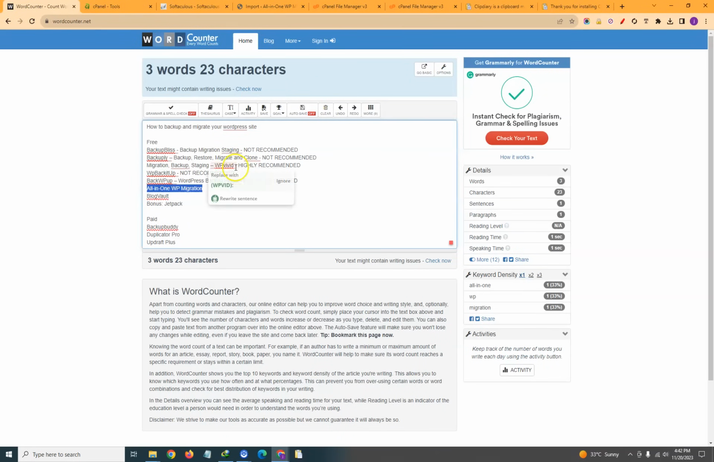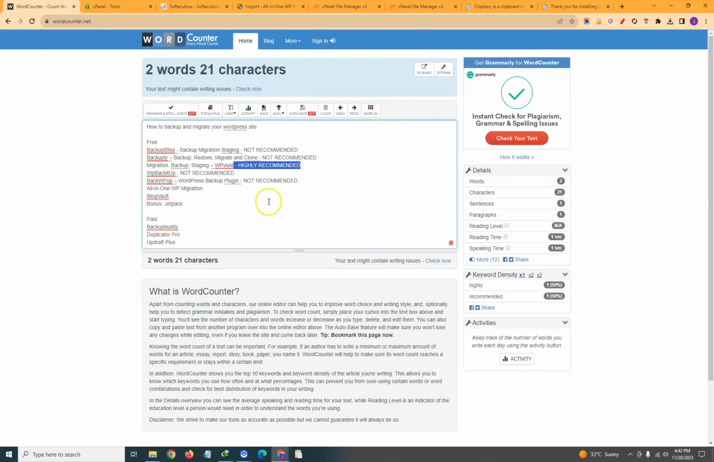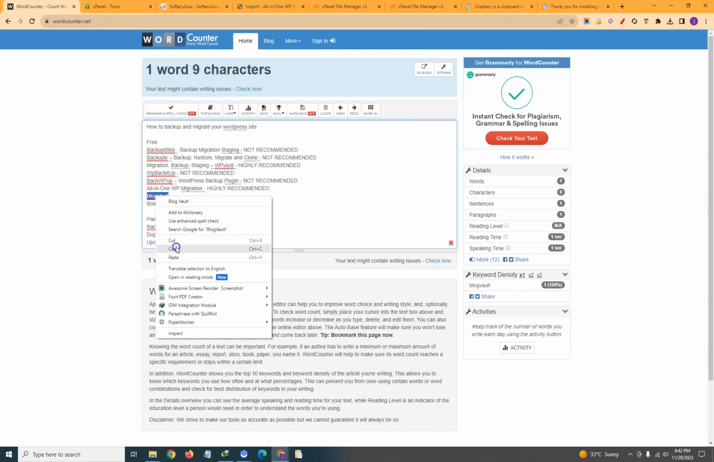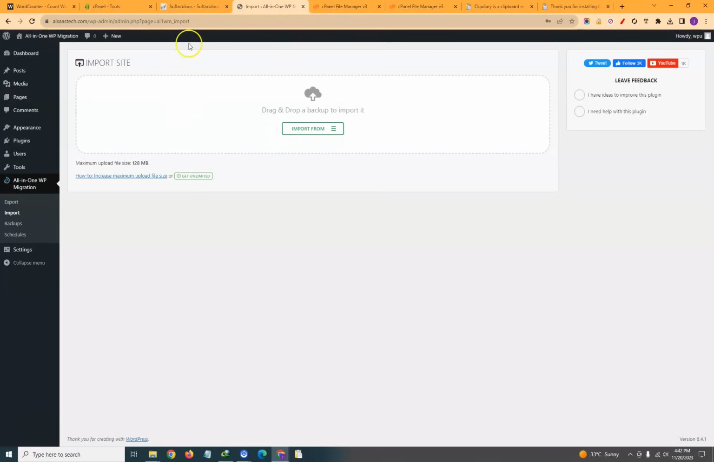So it's highly recommended. All-in-One Migration is highly recommended. So for the free, so far all the tests we've done, we've gotten two highly recommended plugins. We are left with BlogVault, then lastly Jetpack. Okay, so I'm happy this one worked. So let's remove the whole installation and everything so that we do a new one